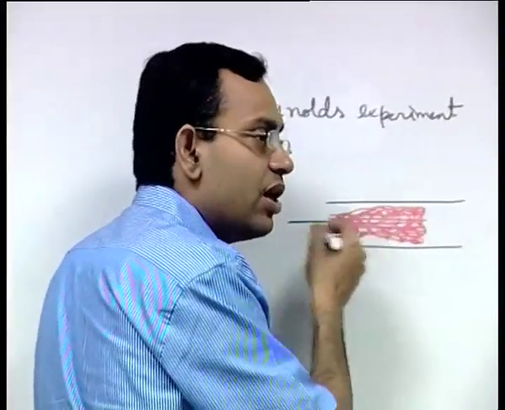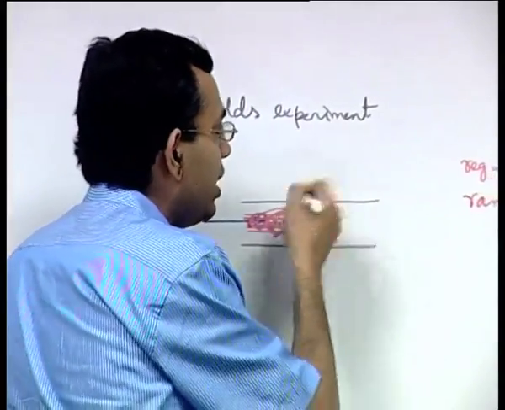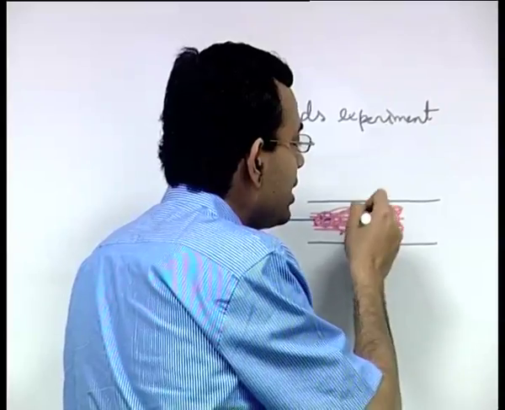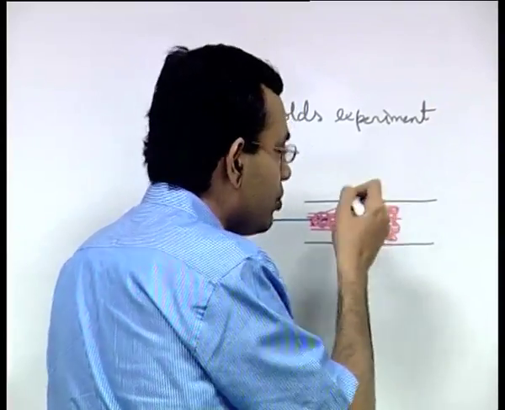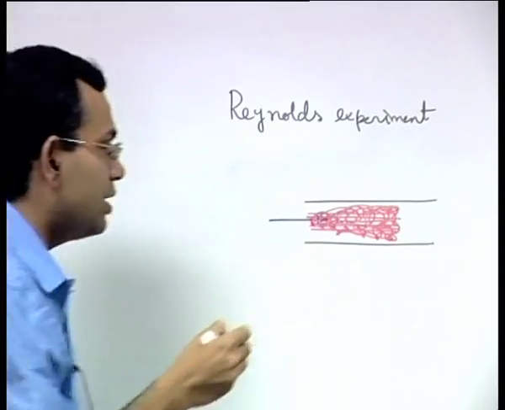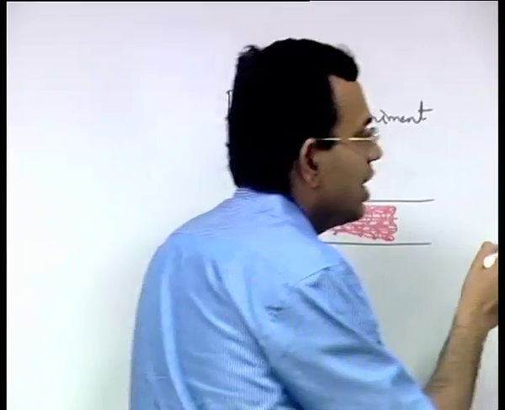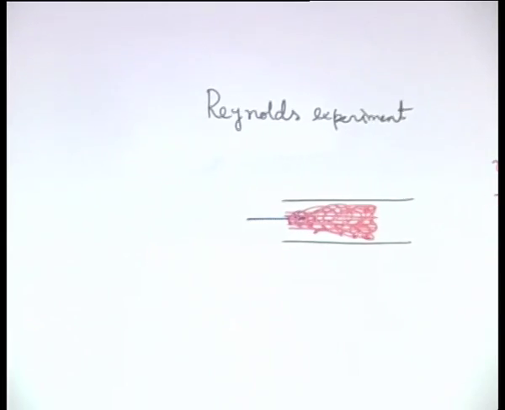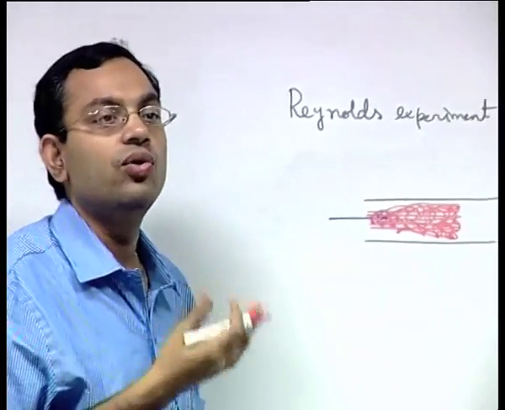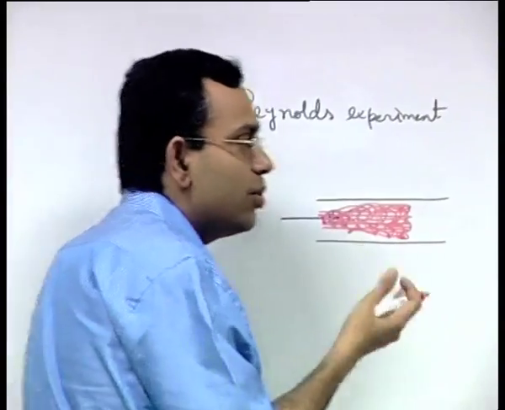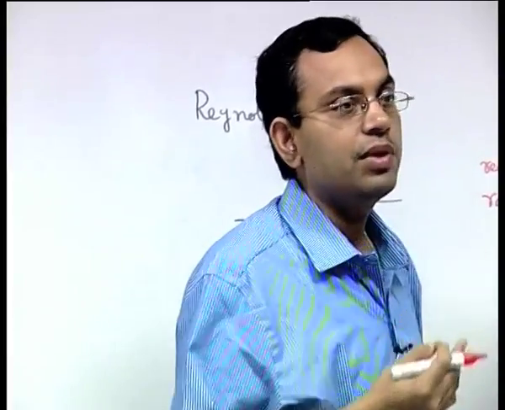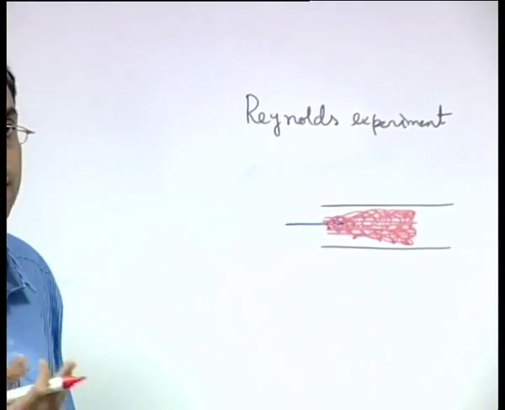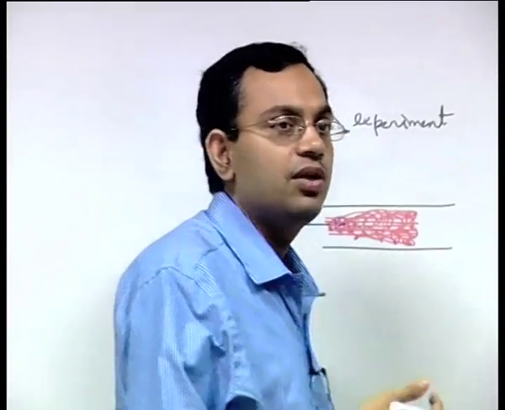So if you have higher velocities, you will have amplification of perturbation, and that will ensure that there is a strong mixing of fluid elements, which we will come to later, but that will ensure that there is no regular ordered motion of the fluid element. So the motion becomes random and disordered because the perturbations tend to grow. So in the turbulent flow, even very small perturbations will tend to grow, whereas in a laminar flow those perturbations will tend to die down.